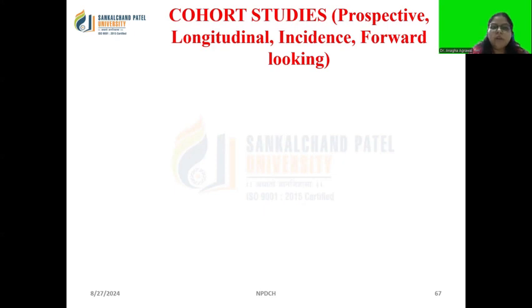Then we went on to all the epidemiological studies, where we studied that there are two main types: observational studies and experimental studies. Now, the observational studies, as we all know, can be divided into descriptive studies and analytical studies. Analytical studies have various types, out of which one, the case control study, we have already studied in